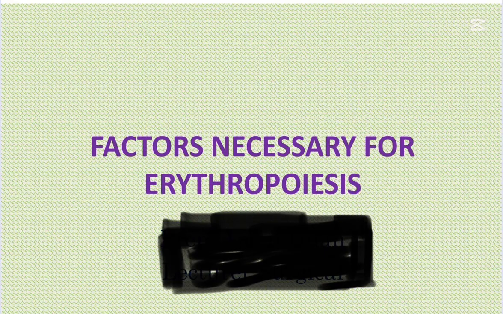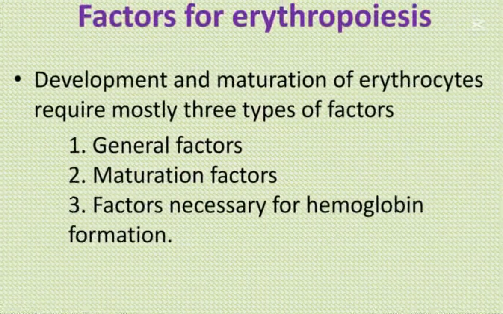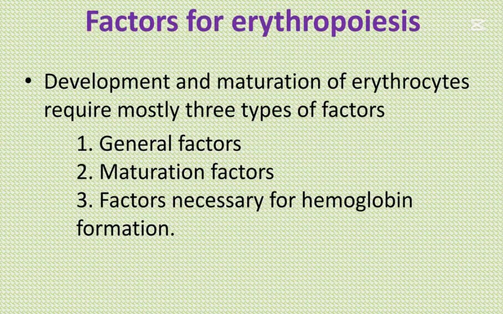So we are doing the factors necessary for erythropoiesis, because the development and maturation of red blood cells requires some factors, which are classified into three. For a red blood cell to mature, because the last stage was the reticulocyte, which is an immature red blood cell, and then the mature red blood cell, it has to pass through these three factors. The first is the general factor, the second is the maturation factor, the third is the factor necessary for